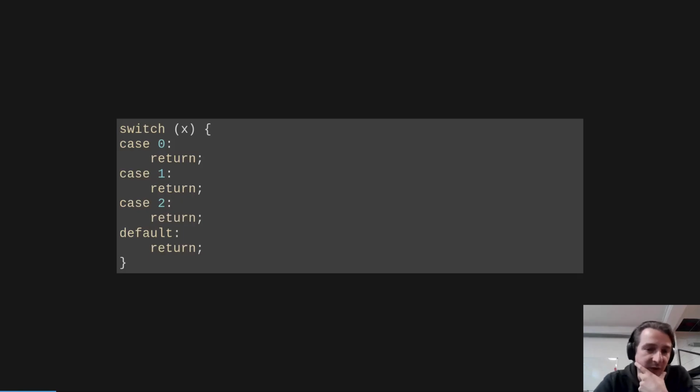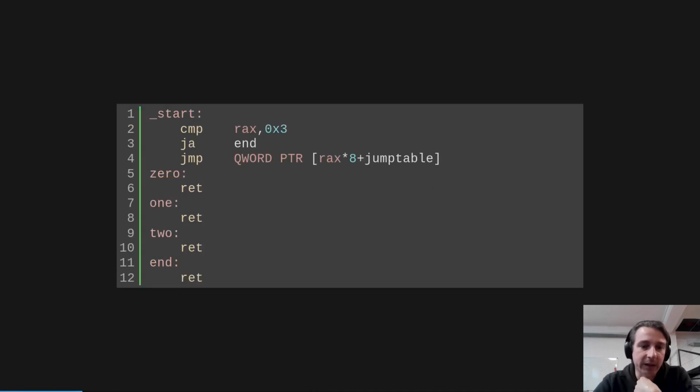Imagine you have a very simple switch statement: switch x, case 0, 1, 2, and then you have the default case. In this case, they are all returned, but let's just assume it's O0, and let's look at the assembly. In x86, it will look something like this. Basically, let's suppose that array x contains the switch condition, what before was x. And first of all, it will compare it with the highest value in the